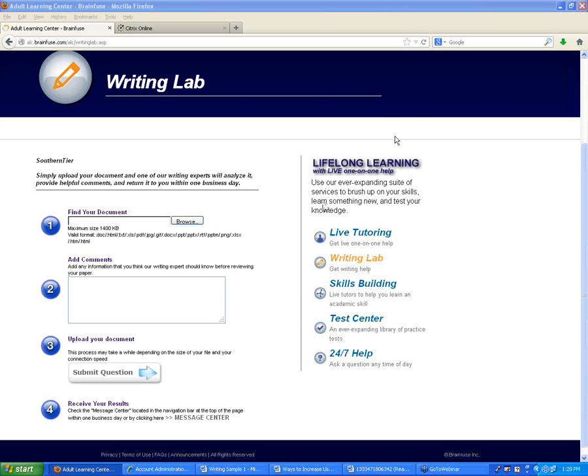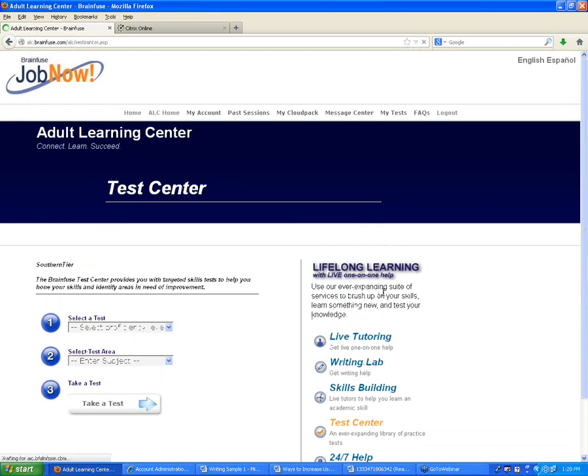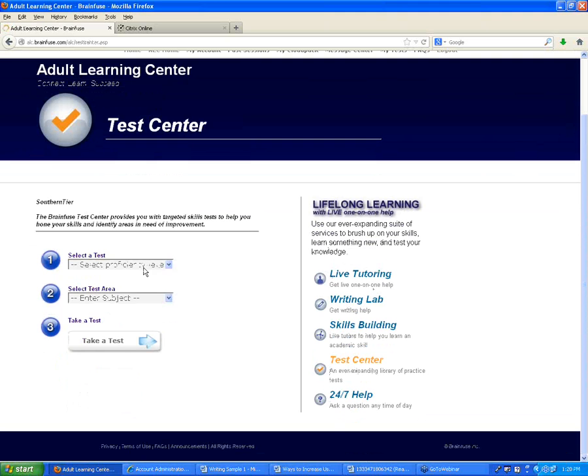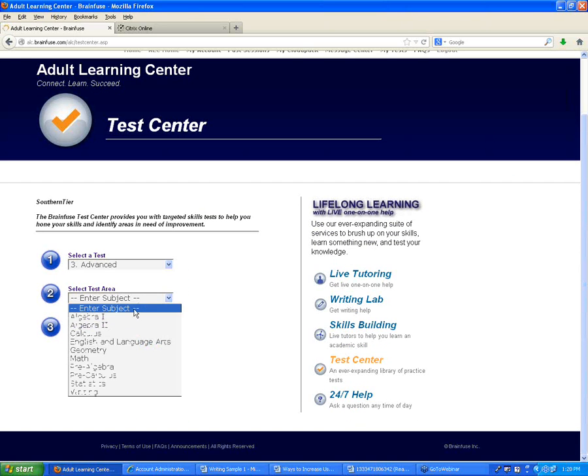Okay, so that was the writing lab button. If we move down, we also have the test center option here. So this will allow your adult learners to take academic practice tests. So again, they just choose basic, intermediate, or advanced, and then choose a subject, and they can take a practice